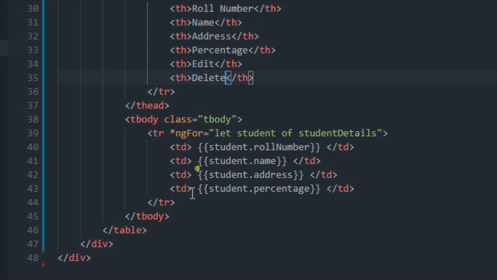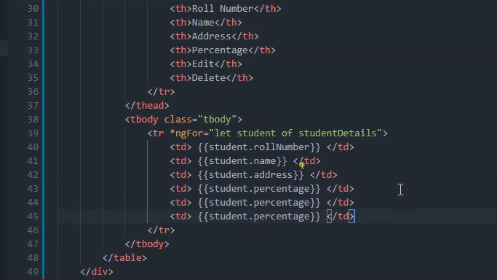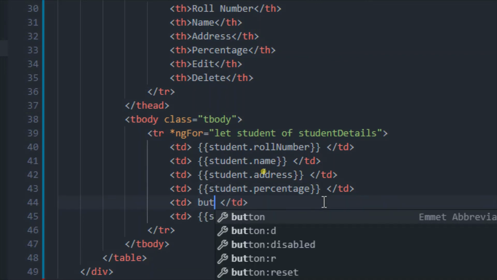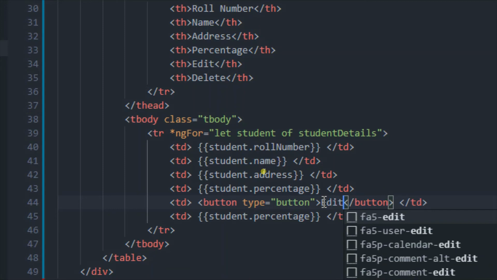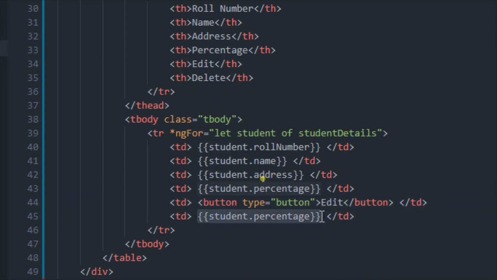Now we have 2 more columns, and then again we just need to copy this one and paste it over here. Now we don't need this student dot percentage, so let me remove this, and over here let me type button, type equals button, and inside this let me give the value as edit, and similarly let me give the value as delete below.